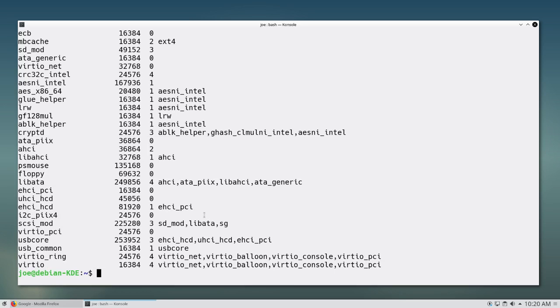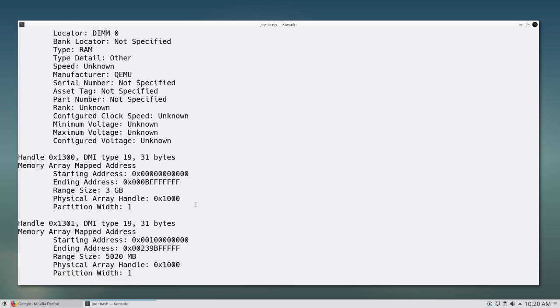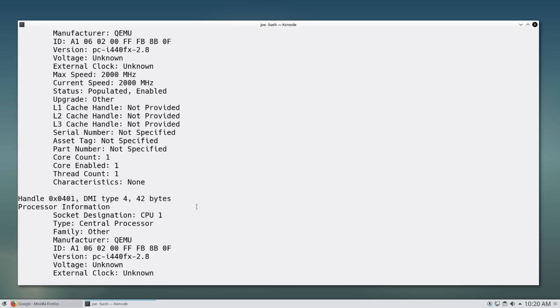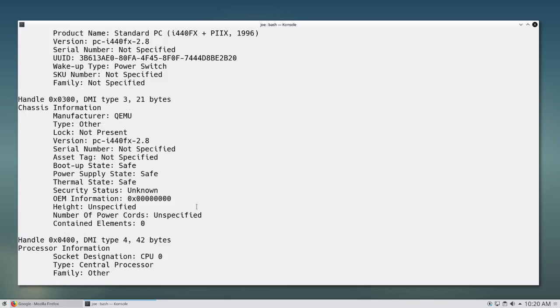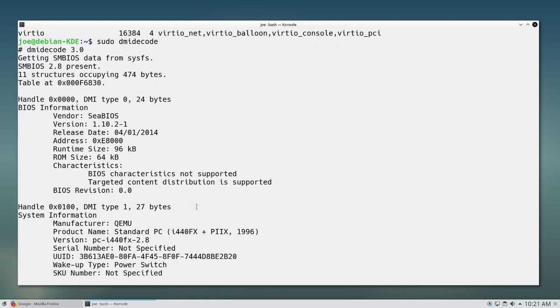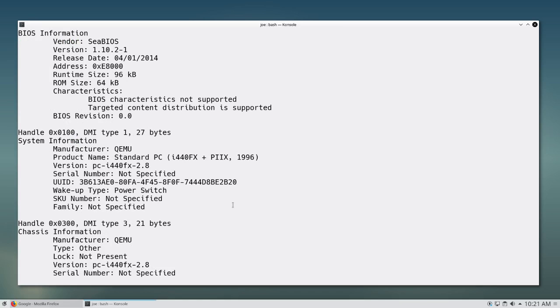You can also use a program called dmidecode, D-E-C-O-D-E, which you're going to need to sudo in order to run. It should be there by default, but you can install it if it's not. I'm pretty sure it's just apt install dmidecode. But what is this actually showing you? Well, it's a whole bevy of information about your motherboard, essentially. It'll tell you about memory modules you have in your system. It'll tell you what your manufacturer name is for your motherboard, what your model number is. If you have a serial number that's listed in your BIOS, then it'll tell you that. You can get SKU numbers, all kinds of information about your